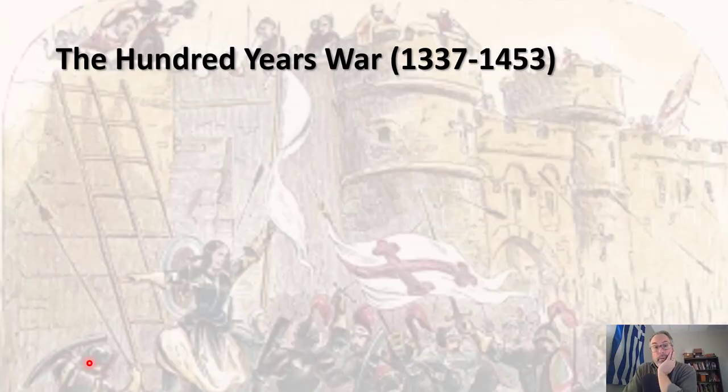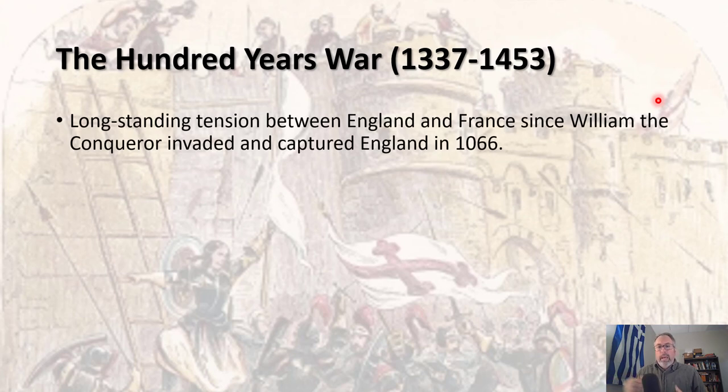Now, another massive conflict that is centered in this 14th century, the Trecento, is the so-called 100 Years' War, which you can see by its dates was actually longer. It was 116 years of war. And this is a massive conflict between England and France. England and France have long been rivals, long before this. And actually, you could even say that today, culturally speaking, not militarily speaking, there is still a rivalry between Britain and France.